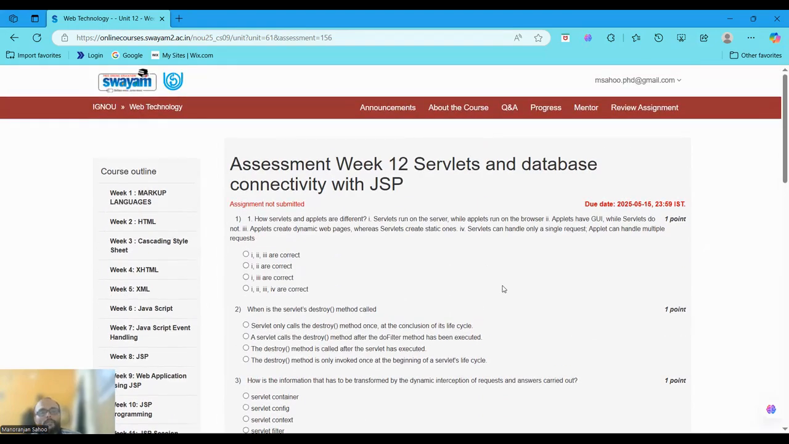The first question is asking how servlets and applets are different. The options are given. The first is: servlets run on the server while applets run on the browser. Second option: applets have the GUI, graphical user interface, while servlets do not. Option 3: applets create dynamic web pages whereas servlets create static ones. That's not right. And option 4: servlets can handle only a single request, applets can handle multiple requests. So we can see option 1 and option 2, that means I and II are correct. So we choose option B. Clear? Option B here we choose,